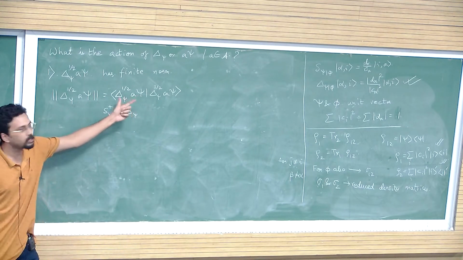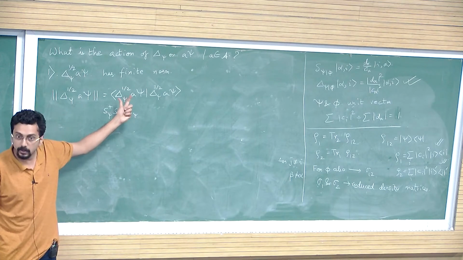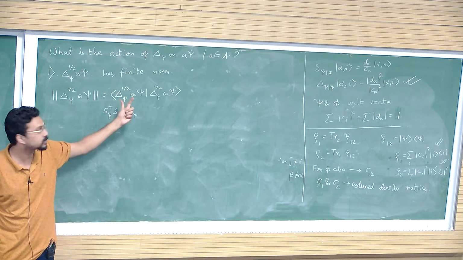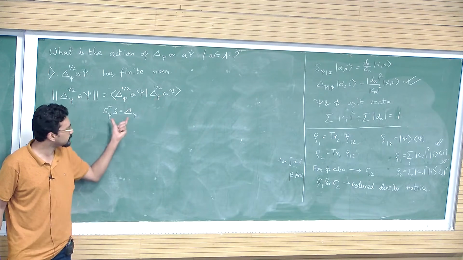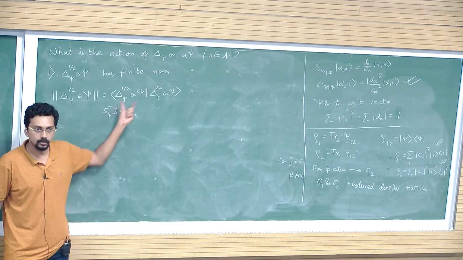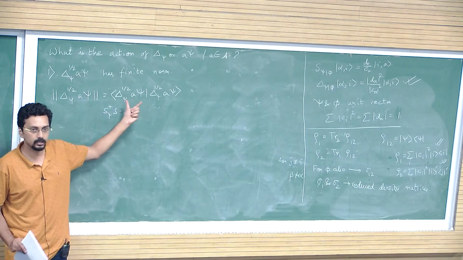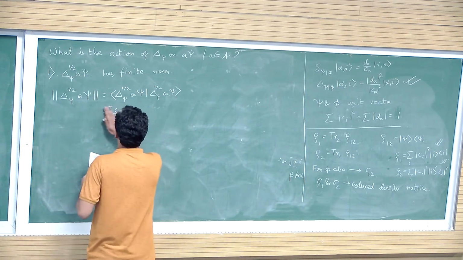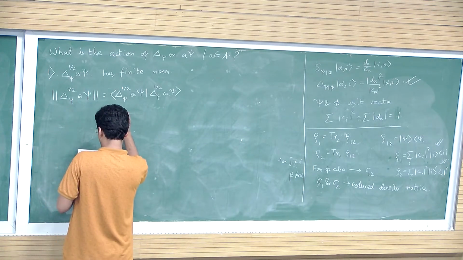All you have to do is perform some manipulations. Remember that delta psi was Hermitian, so you can take this outside here and simply replace this delta psi with S dagger S. Should I do this? Okay, maybe. So what you see from here is that